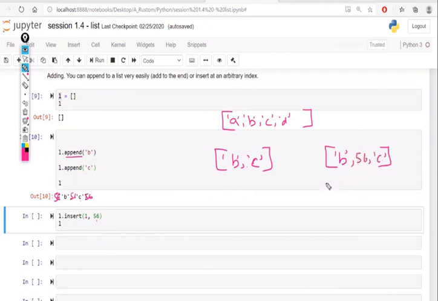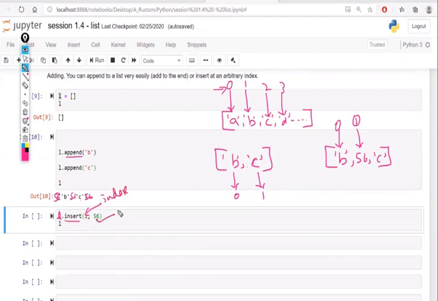So what should I make sure here? Python allocates this data index-wise. So this is index 0, this is index 1, index 2, and index 3, and so forth. It starts from 0, not from 1. Similarly, this is the 0 index and this is the 1 index, right? If I want my data to be inserted at the first index, I have to specify this particular index. That is what I'm trying to do here. Insert is one more method where within L, at the first index location, you insert this data. This is the index and this is the data. And I will print here.